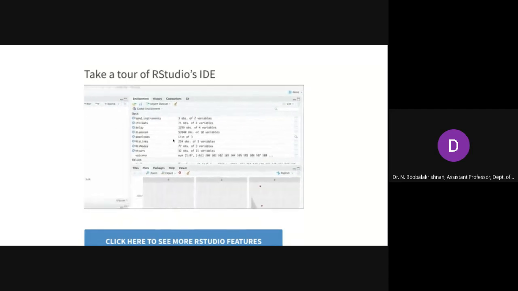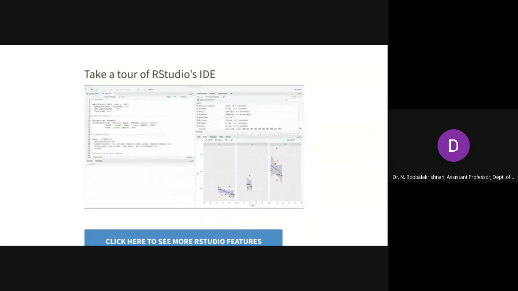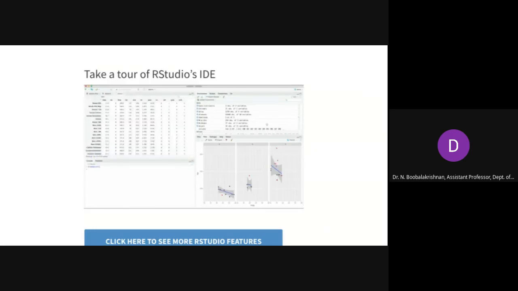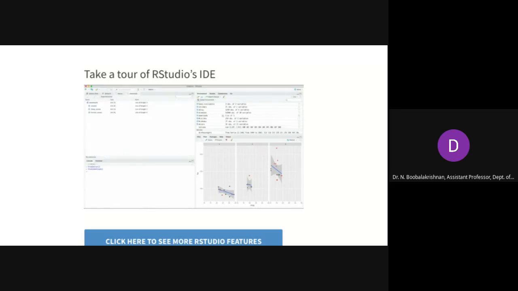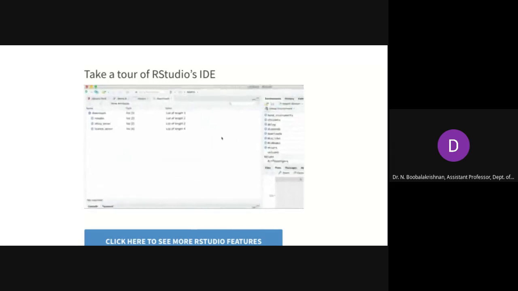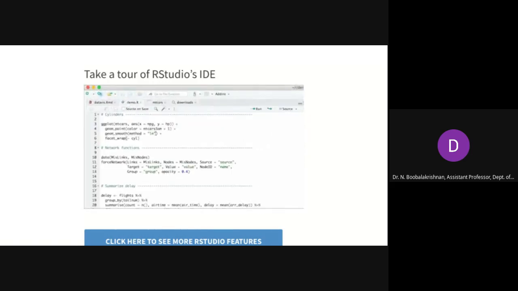You can inspect data in the environment pane by clicking on it. This includes not only tabular data, but also inspection of other kinds of objects as well. The source editor is for working with R scripts and supports many other programming languages as well. It is a modern editing surface with snippets, built-in help, and auto-completion.